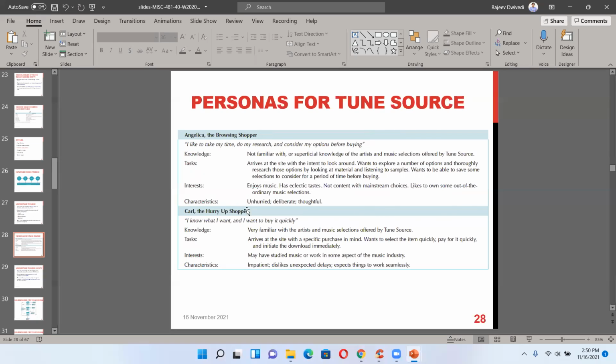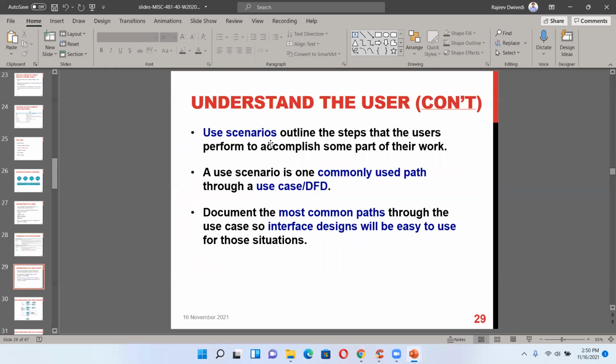Her characteristics are unhurried, deliberate, and thoughtful. Whereas Carl is impatient, dislikes unexpected delay, expects things to work seamlessly and quickly. So these are two different behaviors, two different personalities, and how the user interface can be designed to address the needs of both.